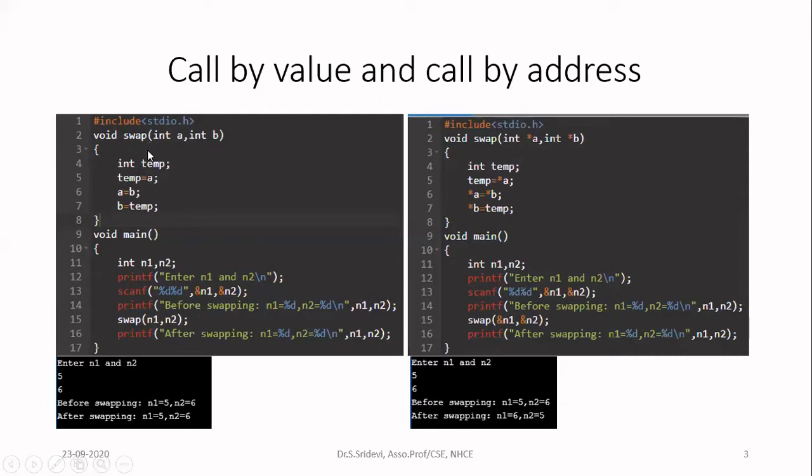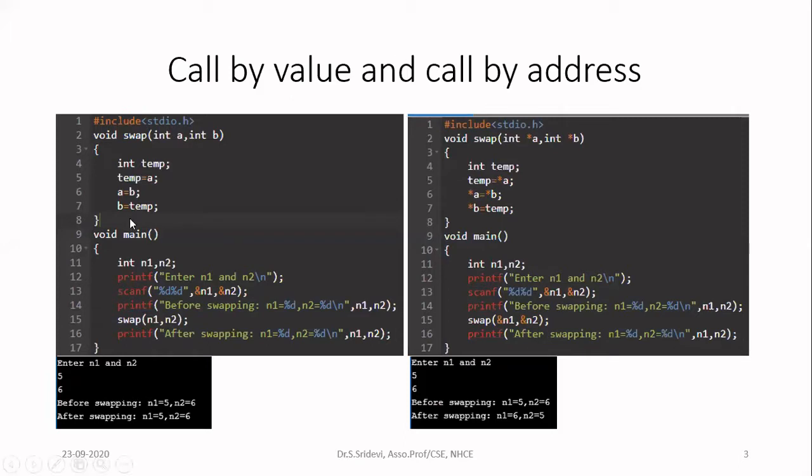Now first we are going to see an approach known as call by value. Call by value is the approach used by default for normal data types. Let us see what that is. Here I have the function swap, and I am passing two arguments to the function, n1 and n2. Here n1 and n2 are nothing but normal integer data types. When this function is called, the control will go to line number 2, where you are getting two arguments n1 and n2. They are integer variables, so here also you have to declare two integer variables to store their values. So I am declaring int a, comma, int b.